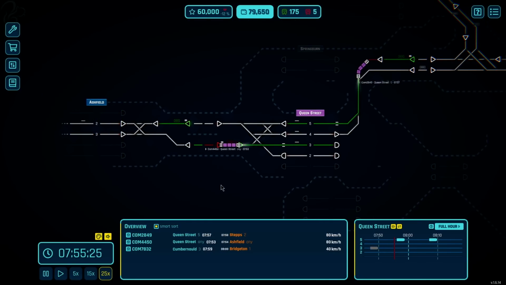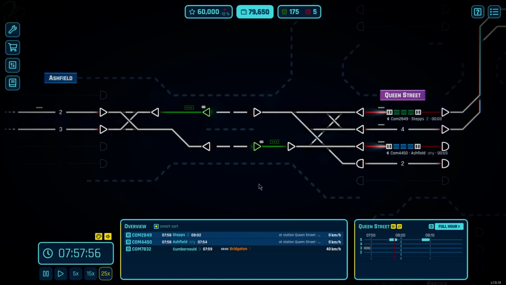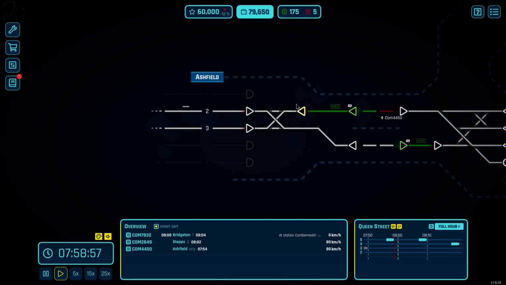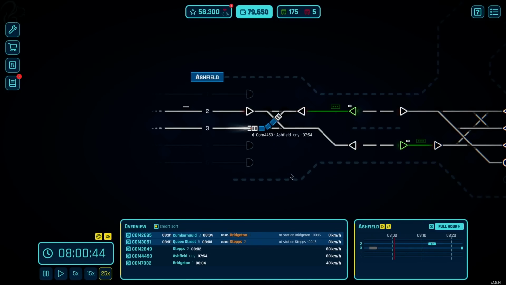So that contract we cancelled created a space, and then we add a more valuable contract back into it. And that's the kind of game you start to get into now. So this guy, we know that platform 3 is going to be where we want him to go, so we'll just do that. And hopefully when he comes out the other end,